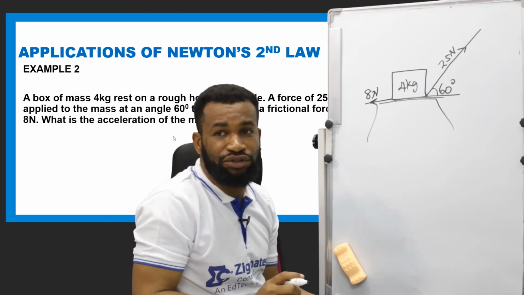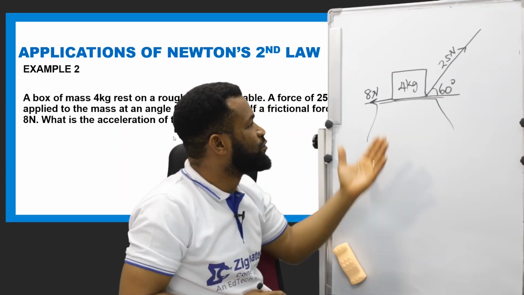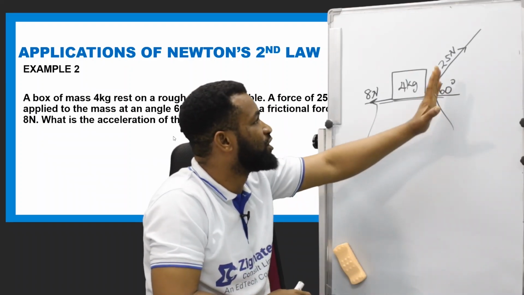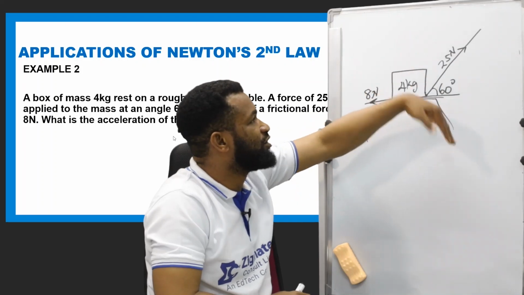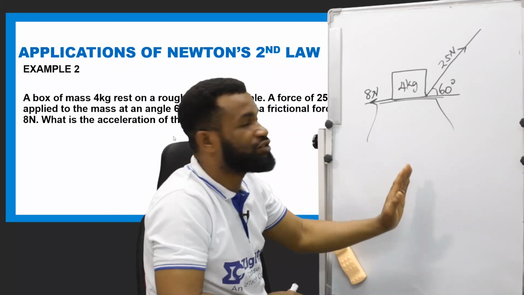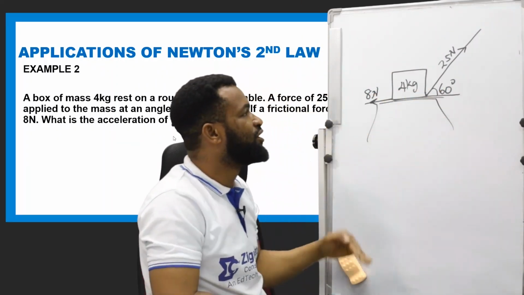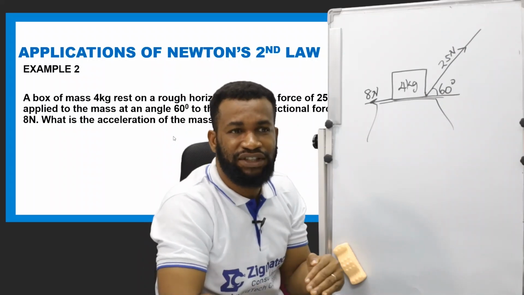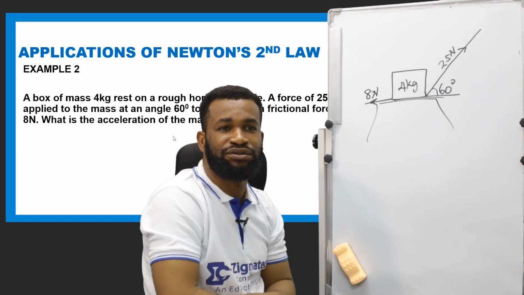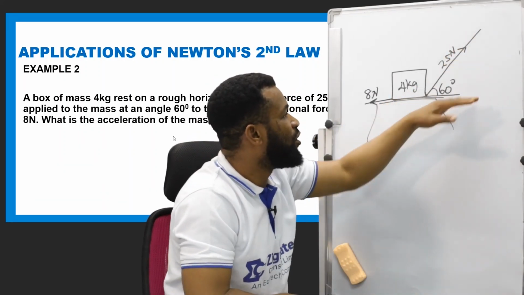As the body is in motion, what do we now do? Remember when we learned about resolution of forces, we said that at an angle you have to resolve it vertically and horizontally, but at this point we don't have any business with the vertical because the body is not moving on the vertical axis. The body is moving on the horizontal axis. So I'm going to find the most effective horizontal force that will take this body moving on the horizontal, and that is going to be resolving this 25 Newton on the